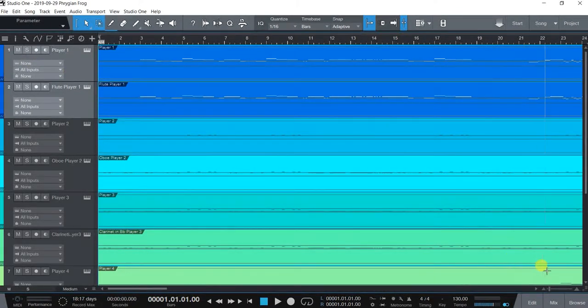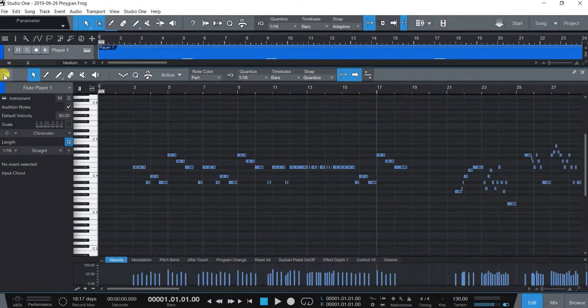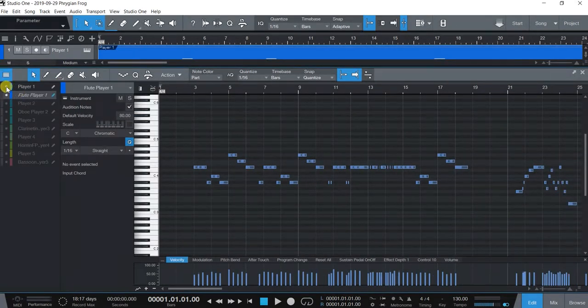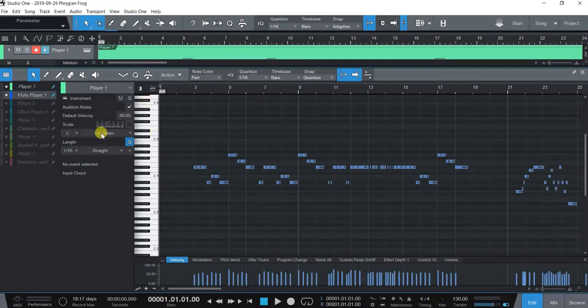I would know that if I went into the edit menu and looked at it. And here's a way, if you don't see the track list here in the edit menu in the piano roll, click on the track list. And I want to see player one as well. A good way to see if they are the same or not is to even make them different colors. There we go. You see how one is green, the other is blue,